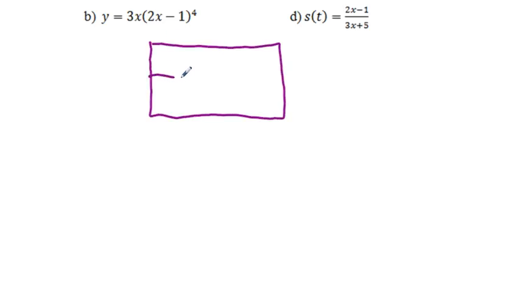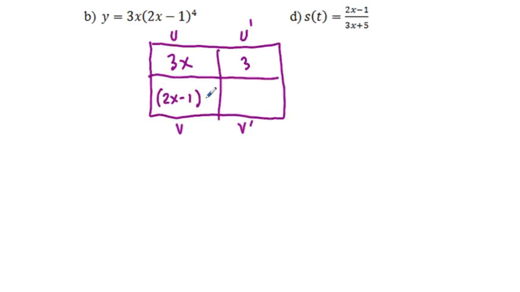And that box is going to be set up like this, where we have U and U prime, and below V, V prime. And so U is going to be 3x, U prime is going to be 3, V is going to be quantity 2x minus 1 to the power of 4,